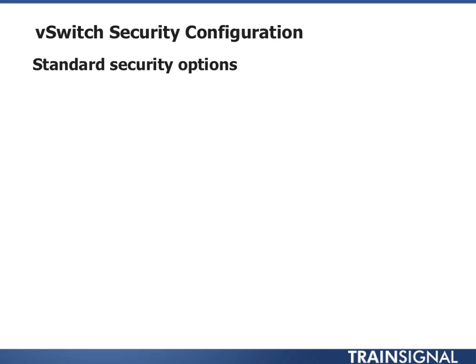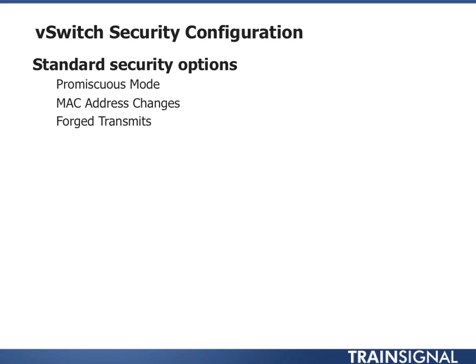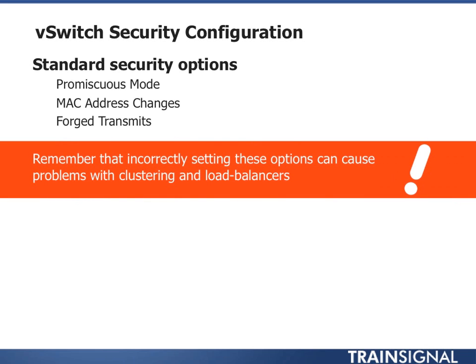So now let's quickly hit the vSwitch security configuration. There are 3 standard security options, and these show up on standard vSwitches as well as distributed switches. Promiscuous mode, MAC address changes, and forged transmits. Remember that incorrectly setting some of these can cause problems, especially when it comes to clustering and load balancing, because they may need to do things like MAC address changes or forged transmits as they handle load balancing. And basically, they may have a virtual MAC that floats back and forth between a set of high availability boxes